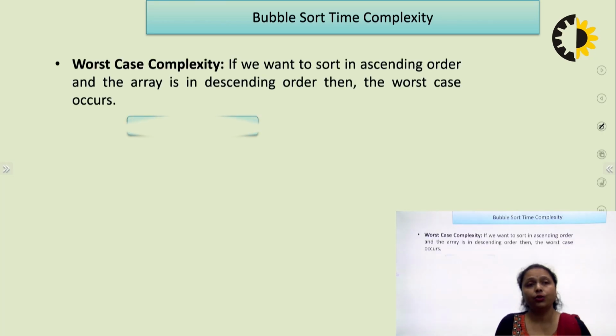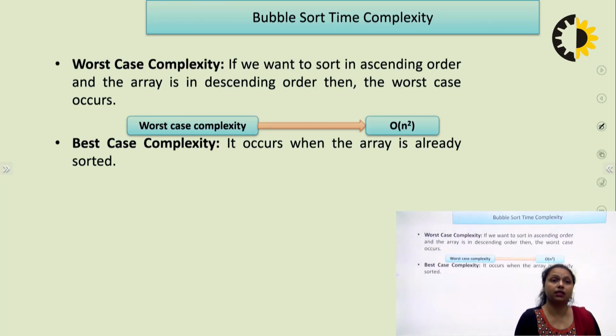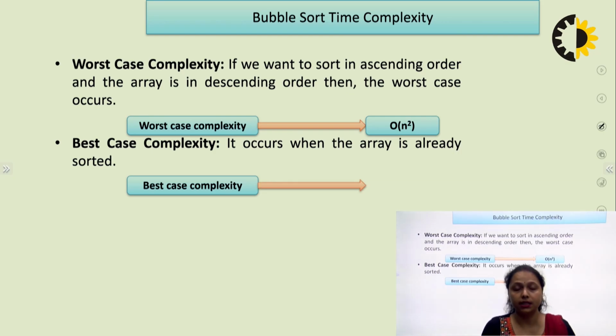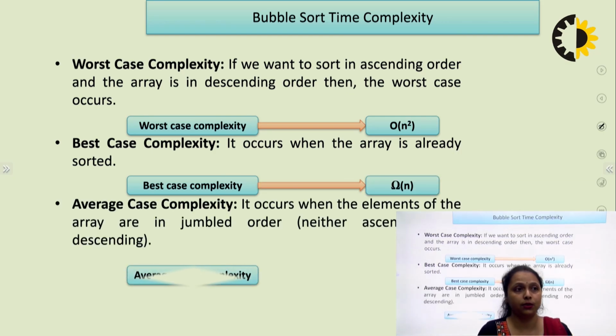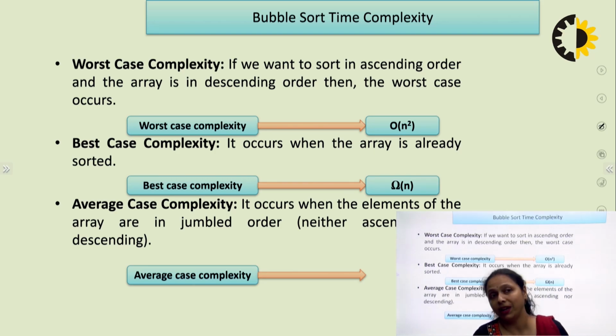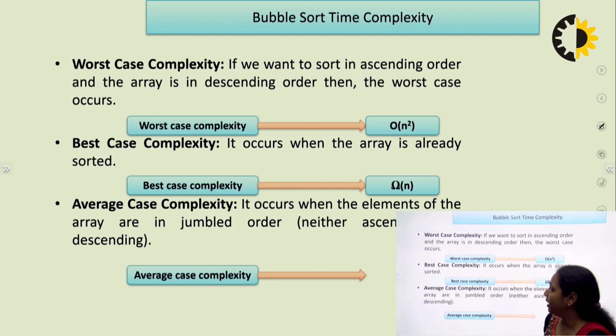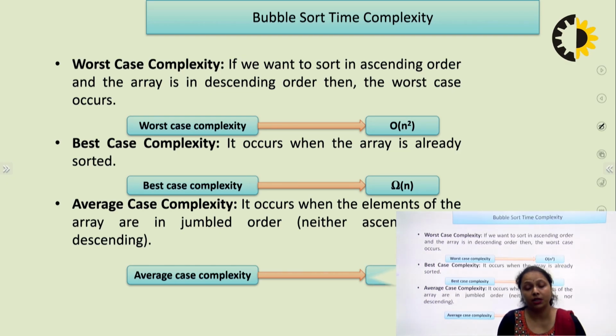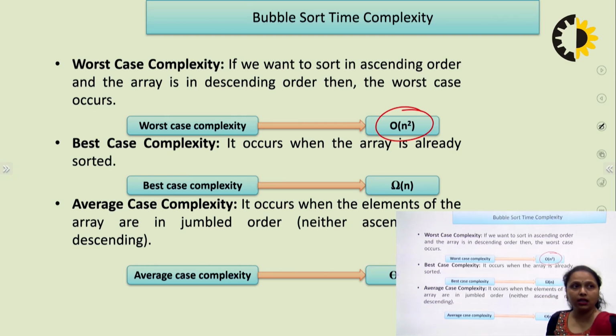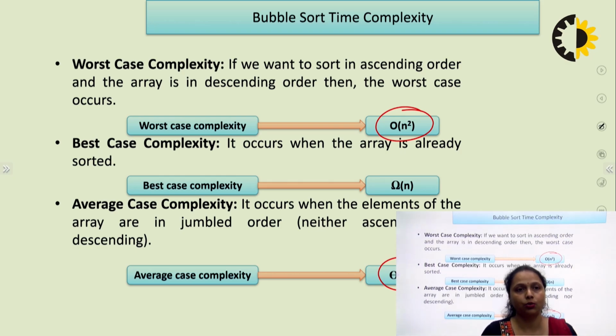Now what is going to be the time complexity? As we have discussed in the definition part also, the time complexity of bubble sort is very high because it compares each and every element of the array one by one, n times. And we have total n steps, and in n steps it is comparing all the adjacent elements one by one. It is not stopping. So the time complexity is quite high, that is O of n square in the worst case and theta of n square in the average case. So the time complexity of bubble sort is quite high,